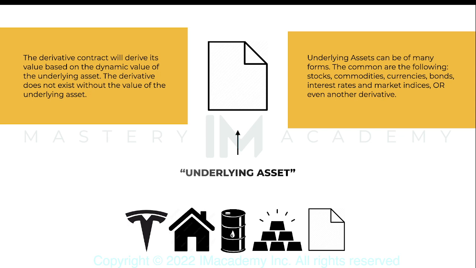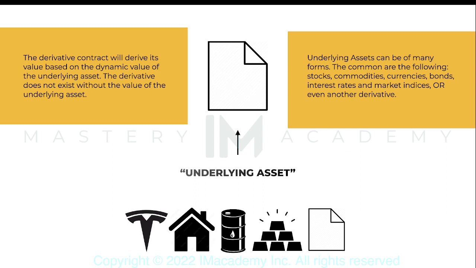It may be a stock, or even a house or property, or it can be oil, gold, any commodity. It can also be bonds or interest rates, right? Or even another derivative. And from this asset that already has value, we are creating a contract,